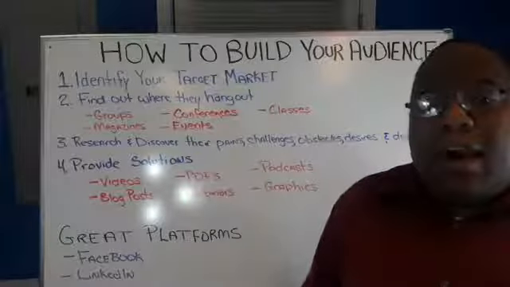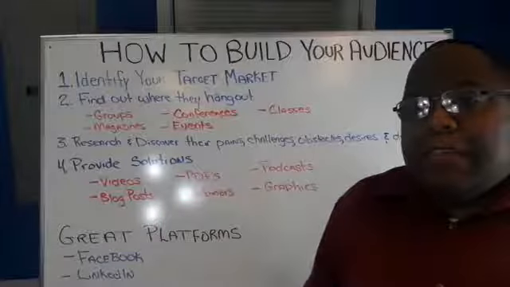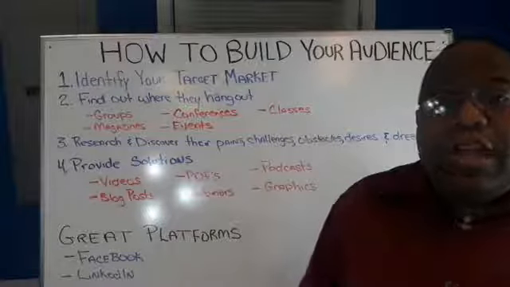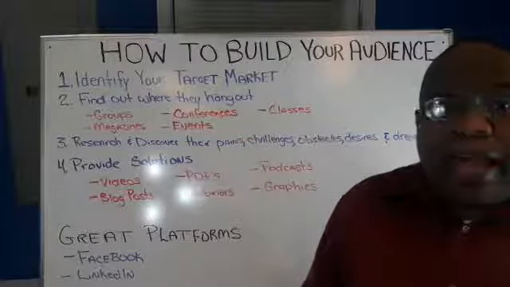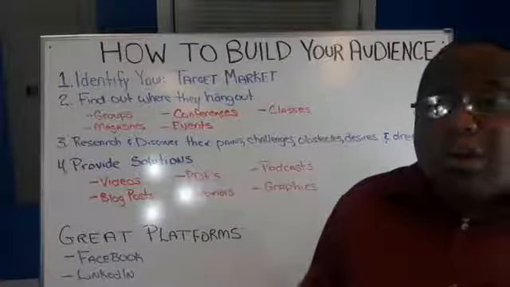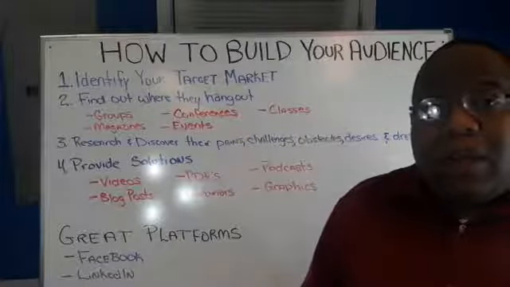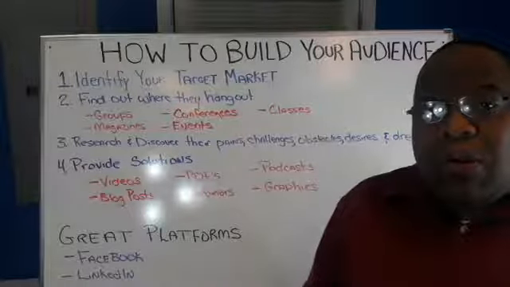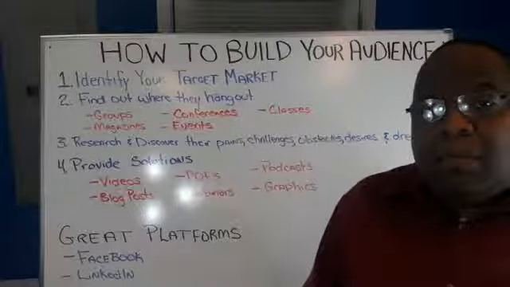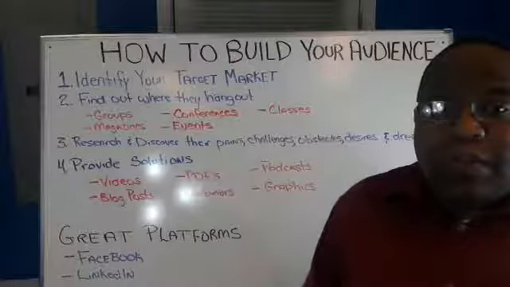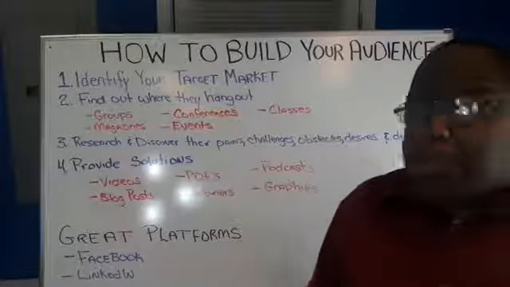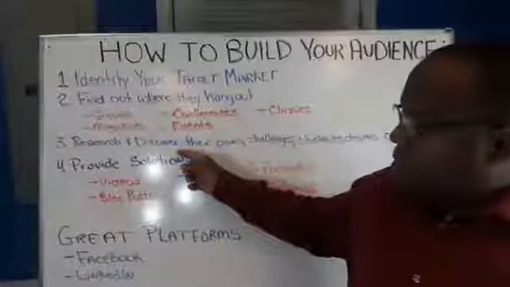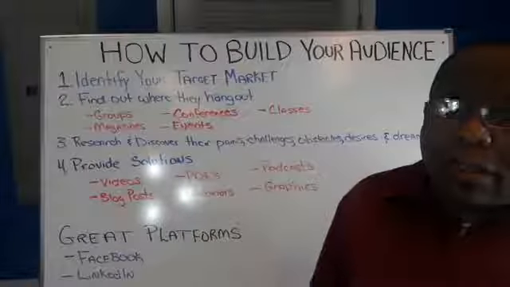Again, if your audience is vegans and you decide that you want to open up a Ruth Chris steakhouse, man, you're going to go out of business quick. So you got to find out what their pain points are. Find out what makes them tick, what are they interested in, what is on their minds all the time. So that's step 3, is to research and discover their pain points.